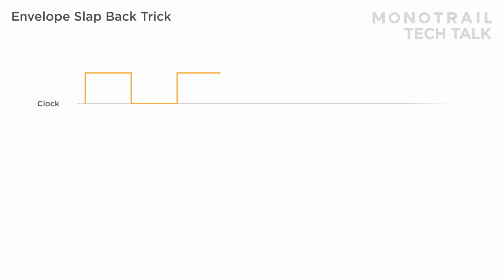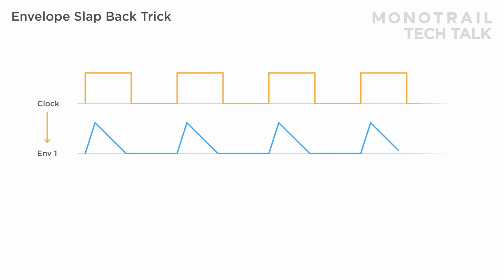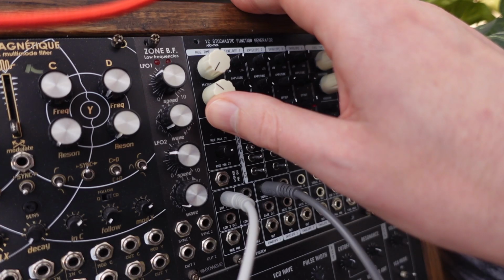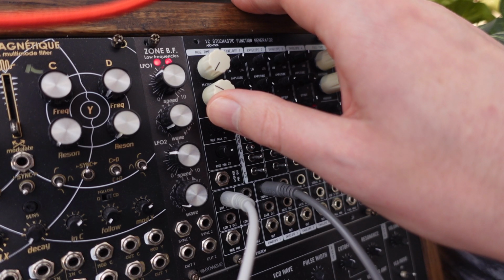Envelopes are great tools to bring movement to a sound. And lately I've been using the envelope slapback trick a lot. The idea is simple. It's very common to use the clock of a sequencer to trigger a simple envelope to modulate a filter or VCA. If you use each step to trigger a second, slightly delayed envelope, you can use the combination of envelopes for interesting sounds. For example, to create a slapback delay-like effect,